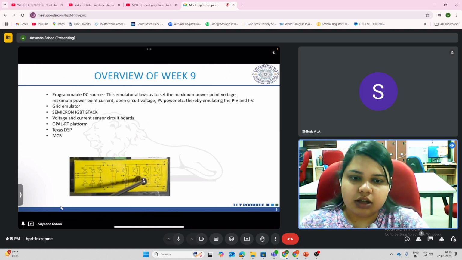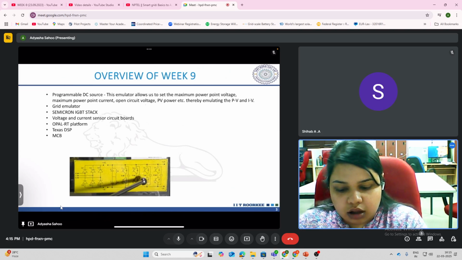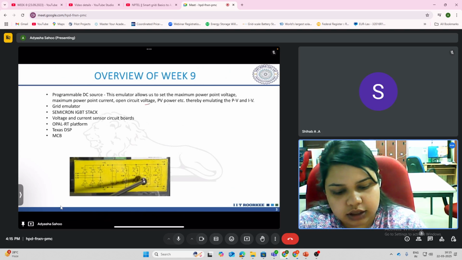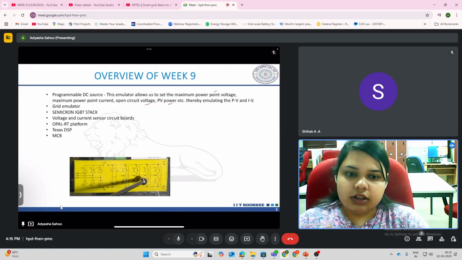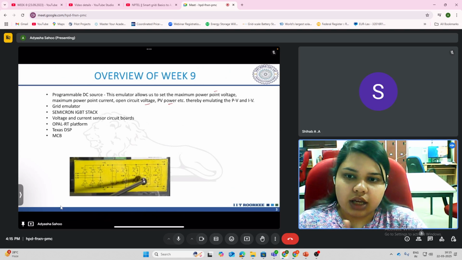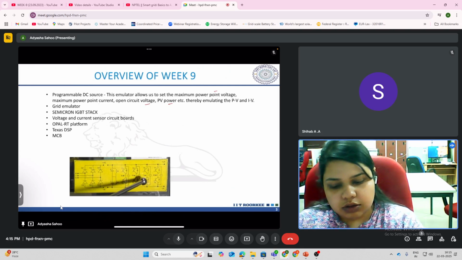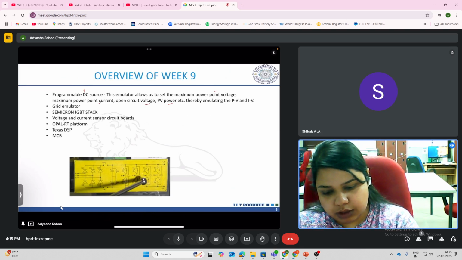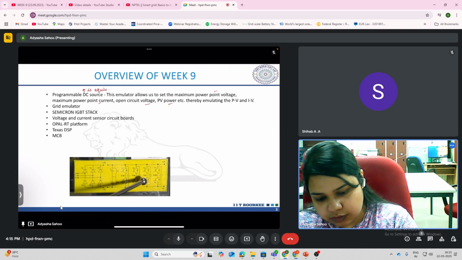How can we do that? Basically, you can give various input parameters, such as your open circuit voltage, your PV power, and your MPPT voltages and currents. By giving this input, the programmable DC source can generate the PV and IV curves and basically mimic the performance of a PV panel. Now, once you have this programmable DC source, which is equivalent to a PV panel,